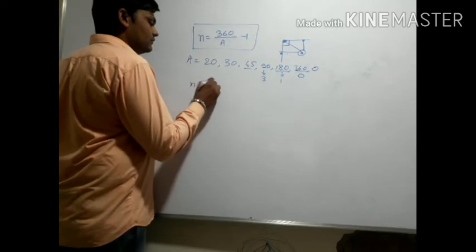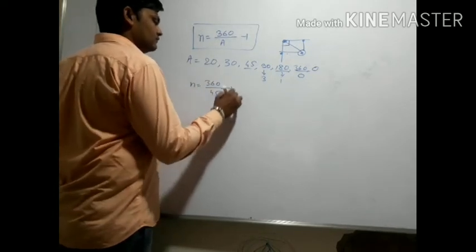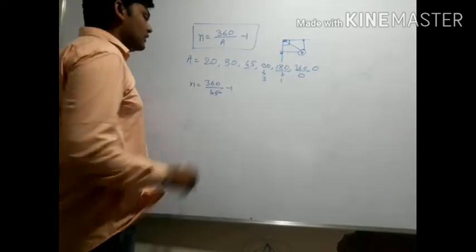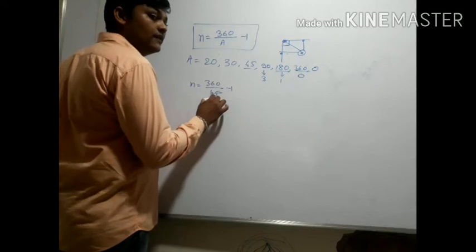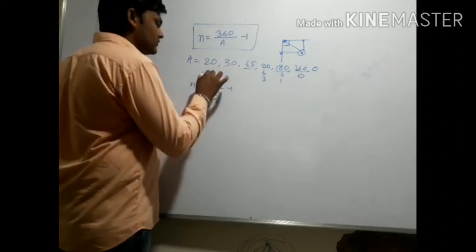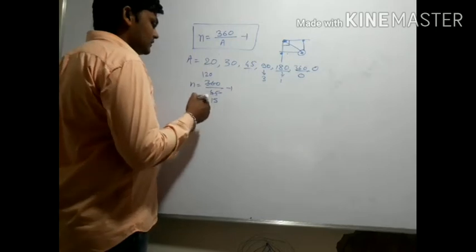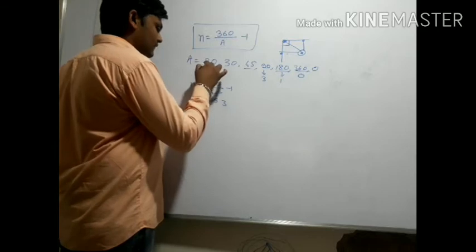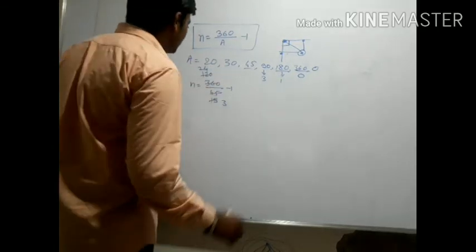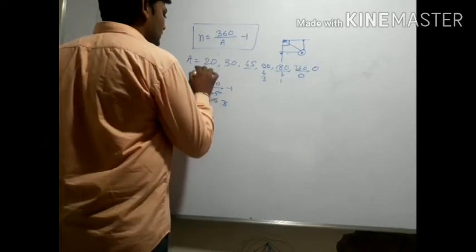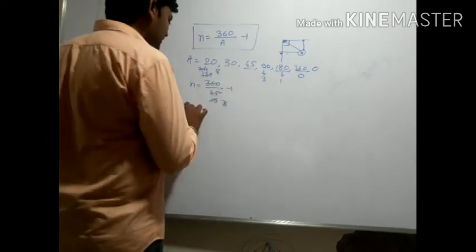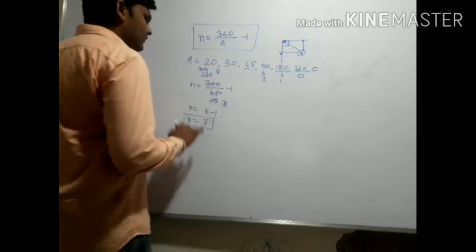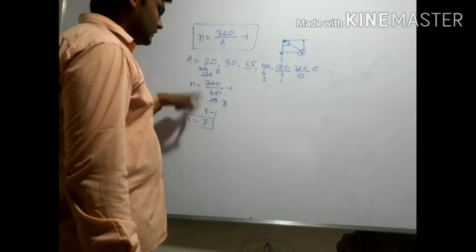N is equal to 360 upon 45. See, 45, we don't know, so we have to make it so small. 5 3s are 15, 1 carries 3, 5 3s are... 3 twos are 120, isn't it? Next, 5 twos are 10, 2 carries... 5 8s are 40. 8s are, is it? N is equal to 8 minus 1, n is equal to 7. When the angle is 45, you will get 7 images.